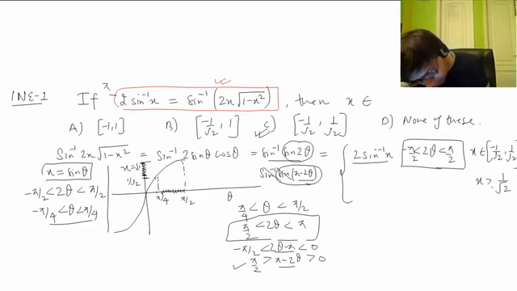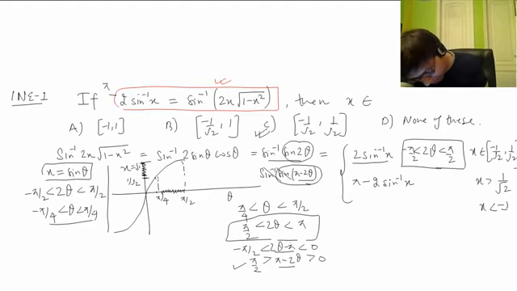So for x greater than 1 by root 2, the simplified form of this piece of this compound is pi minus 2 theta, which means pi minus 2 sine inverse x. And the same you have to do for x, not in this question but some other question. So in this question, if we had pi minus 2 sine inverse x equal to this, the answer would have been x greater than 1 by root 2.